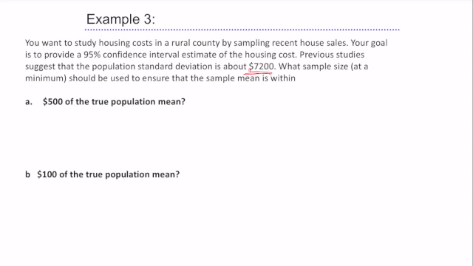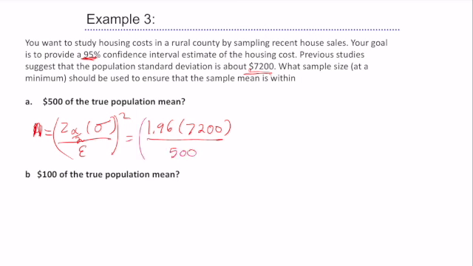Now we're using a 95% confidence interval. So I know my sample size, n, equals z sub alpha over 2 times my standard deviation, over our desired error, all squared. So I'm going to take 1.96 times 7,200 divided by my error and square it. That gives me